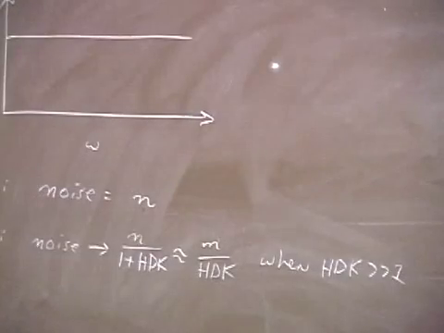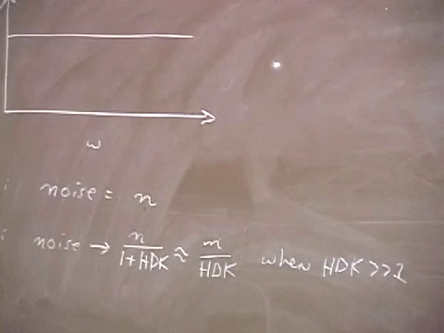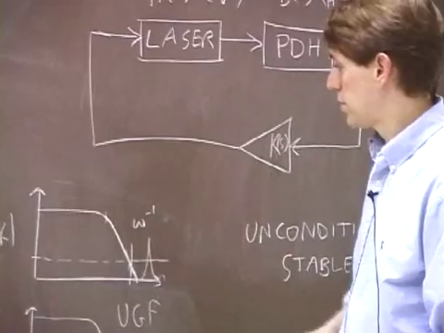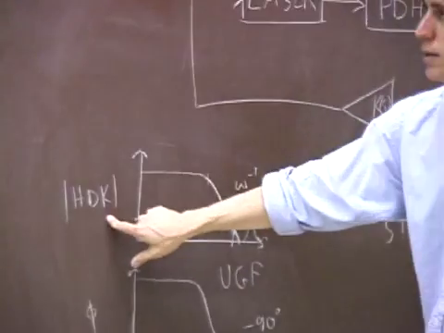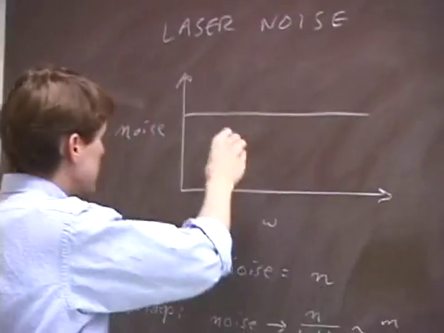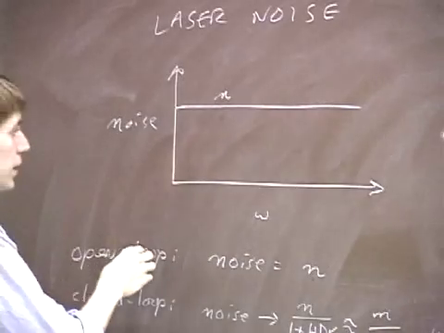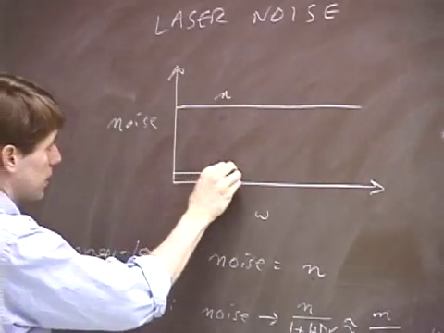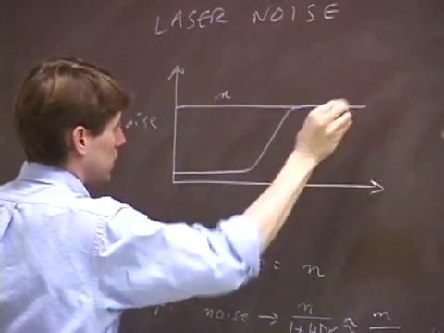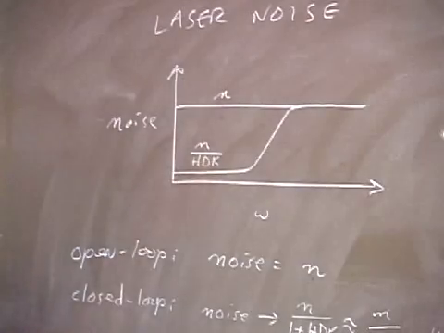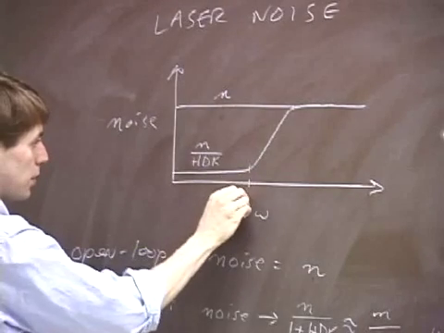And the total loop gain is very large, I'm assuming, all the way up to the unity gain frequency. And so if I take this function, this HDK, and plug it in over here to this expression for the noise, so this is the noise N that we had in open loop without any feedback, then I'm simply taking the image of that thing. This is N over HDK. And so below the first pole,